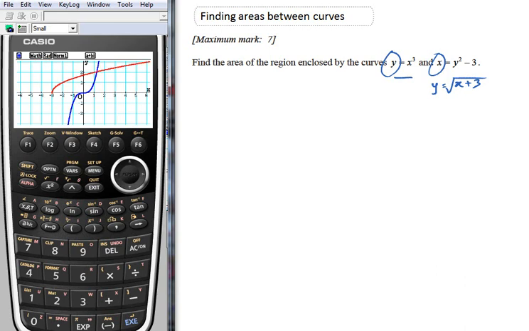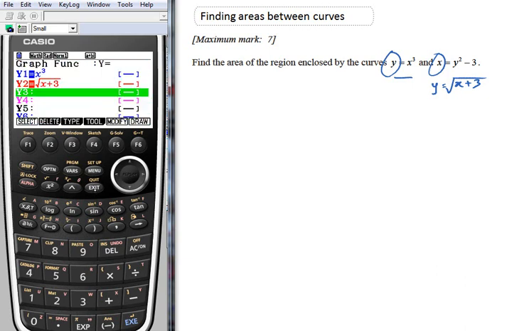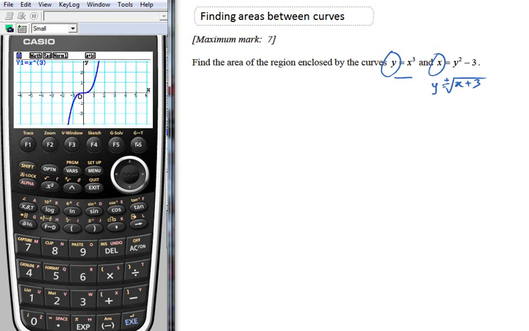Clearly, the calculator is plotting the square root of x plus 3, but it's only returning one value, the positive value. So we have to go back to the drawing board and back to the calculator. We have to help it along a little bit. We'll need it to plot the negative value as well. So in that case, we'll need both the positive and the negative square root. So we go back here and we place the negative square root of x plus 3,